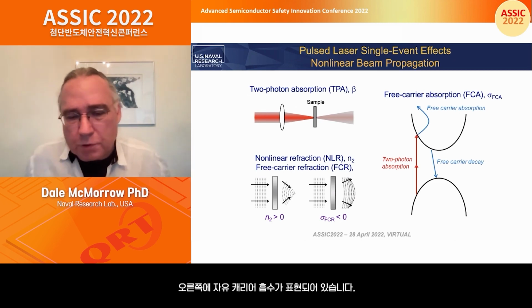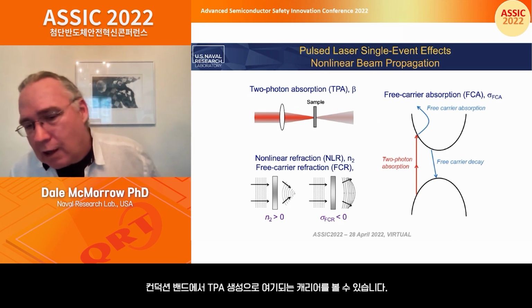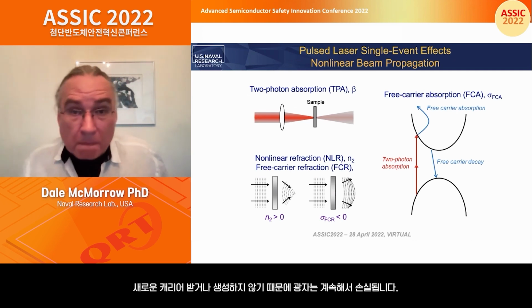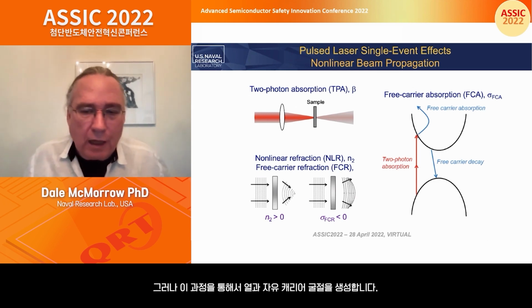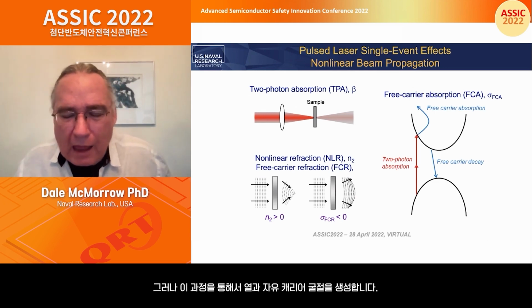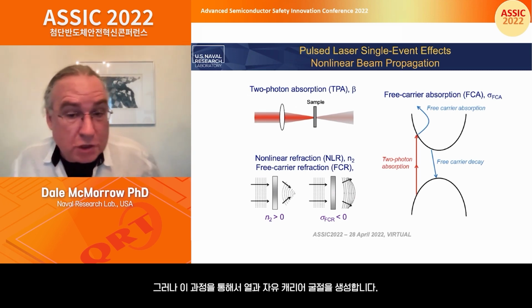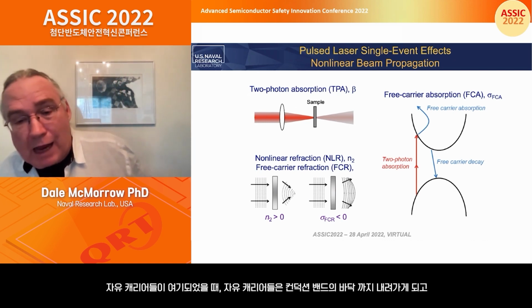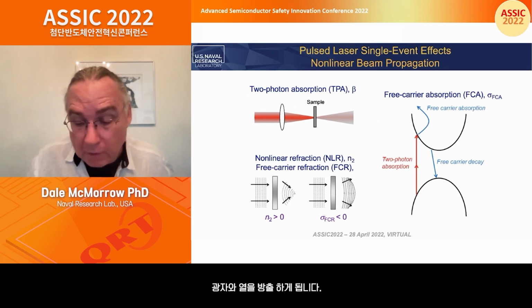And then the free carrier absorption is shown on the right. Two photon absorption creates carriers in the conduction band. Those carriers can then be excited to higher levels. You don't get any new carriers, so therefore it's a loss term. You're losing photons. You're not creating new carriers, but what it does is it generates heat, and it also generates the free carrier refraction down below. I say heat because when you excite carriers, they relax to the bottom of the conduction band, and in doing so, they give off photons and give off heat. Okay, so